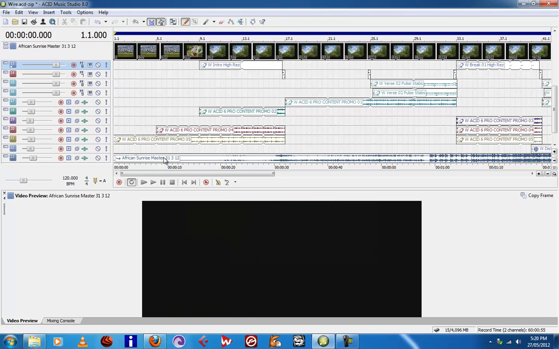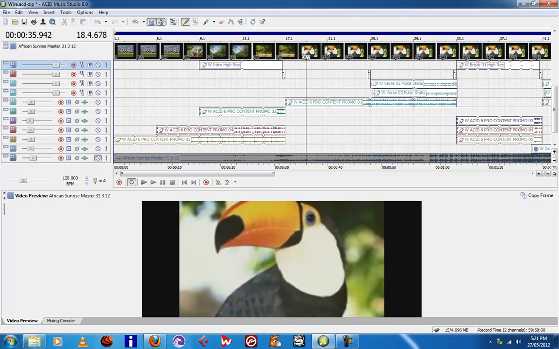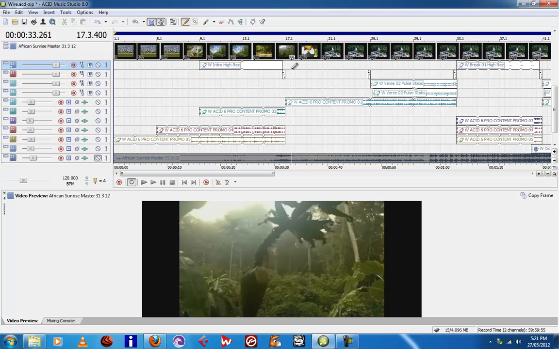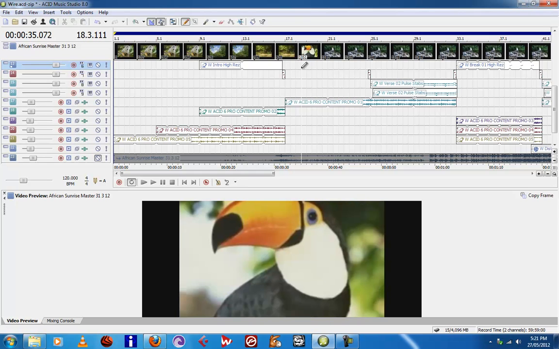Now I've got the old soundtrack playing at the same time, so I'll need to stop that from playing. Then we'll try to find a sync point between the video and the music. If we look through the video, we can see that at this point we have a bird appearing, a toucan, one of my favorites. Perhaps we can find something relevant in the music that will coordinate with the bird. So you find the approximate spot. There's the bird